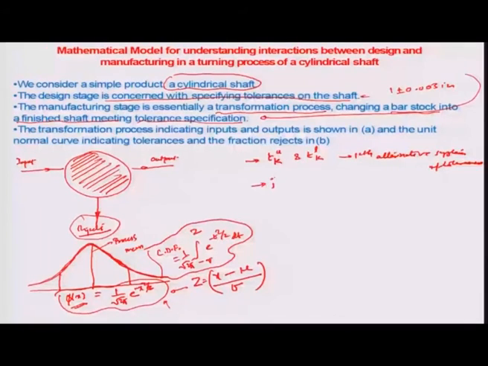And when we talk about the jth machine that we want to mix and match, for example, in this case the turret lathe may be such a machine, so we just number them as different processes. So, the jth machine's capability is illustrated in terms of a process mean and a process standard deviation, let us call it mu j and sigma j. So, then in this case the scaled variable that we are talking about for building up this